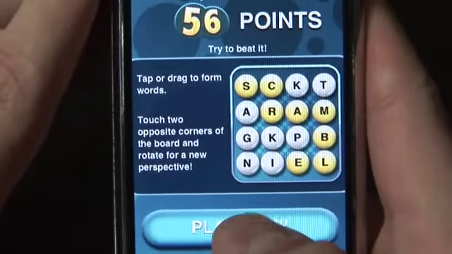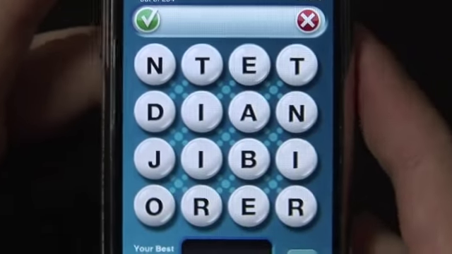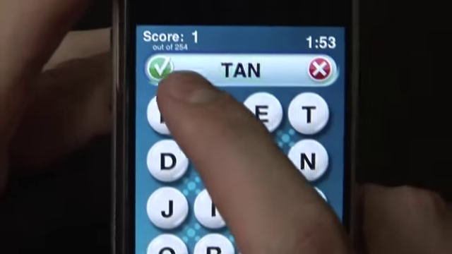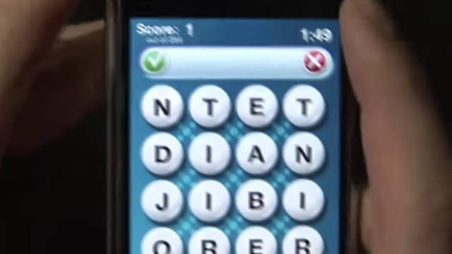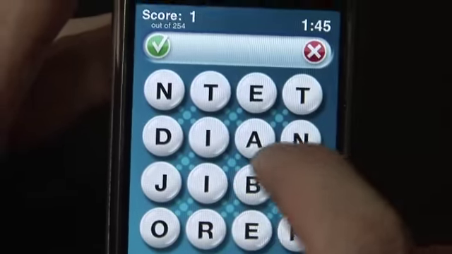So, here's what you do. Go ahead and play, and we're given a game board with our 16 letters, and we can pick our words. I see tan, for example. Up in the top left corner, we're shown the maximum score on this board would be 254, so that gives you an idea of how well you're doing on this particular board. Let's see, is there another word? We could do ban